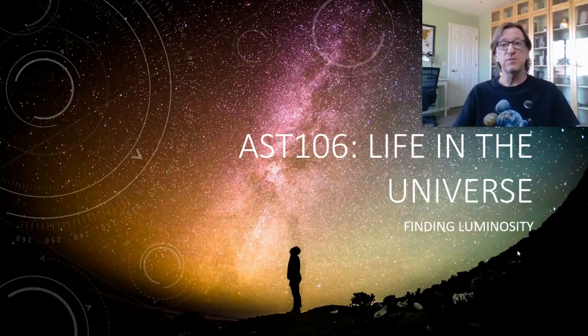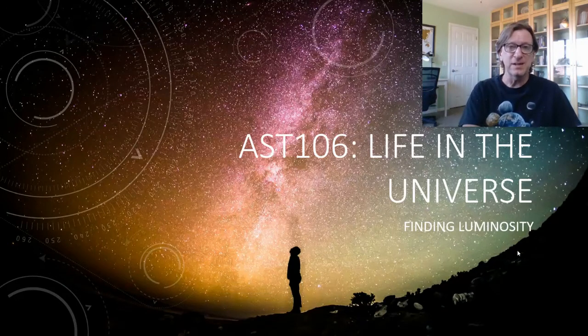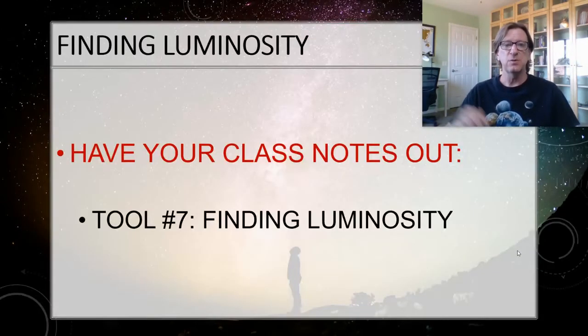This tool is called Finding Luminosity. Just like with finding distance, every time you're doing a problem or working on your final and you need to find the luminosity, you simply go back and find the one titled Finding Luminosity. It walks you through all of the theory you need to get down to the final equation. Go ahead and pull your class notes out. It looks something like this, front and back of one page, as always. Pause the video until you're ready to go.